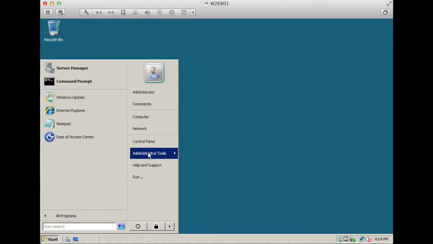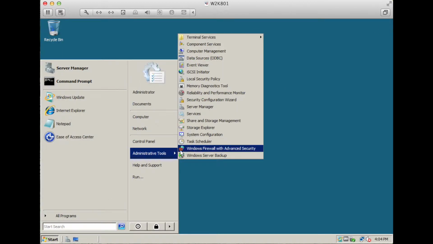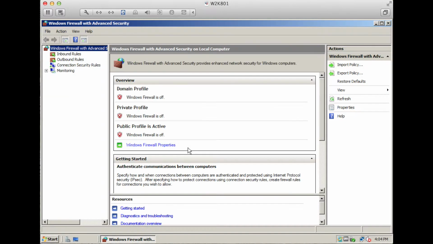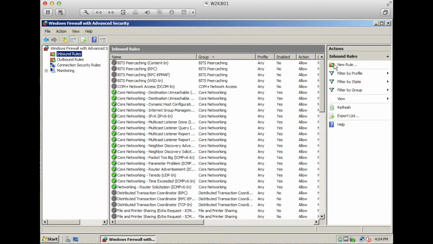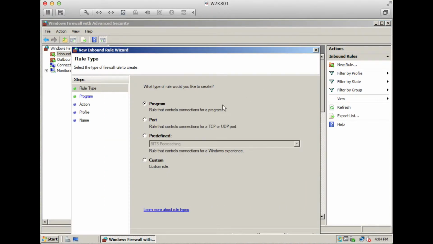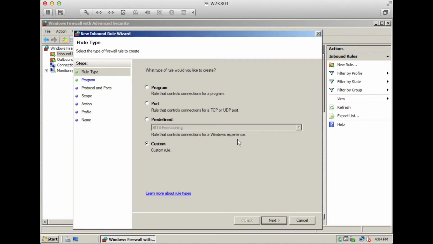After we configure our network interface cards, the next step is to configure a Windows firewall exception to allow ping activity. So what we're going to do is create an inbound rule, which is going to allow ICMP version 4 activity, which is just ping messages. So it will be a custom rule. We're going to go Next,